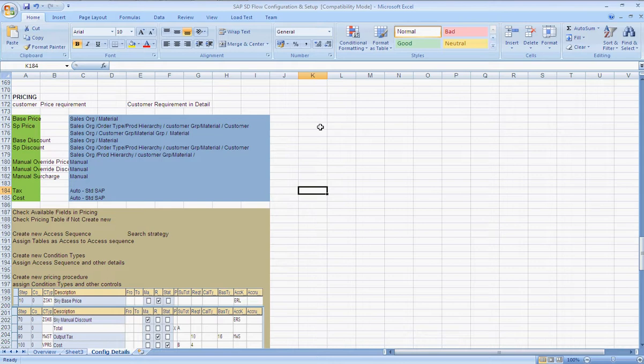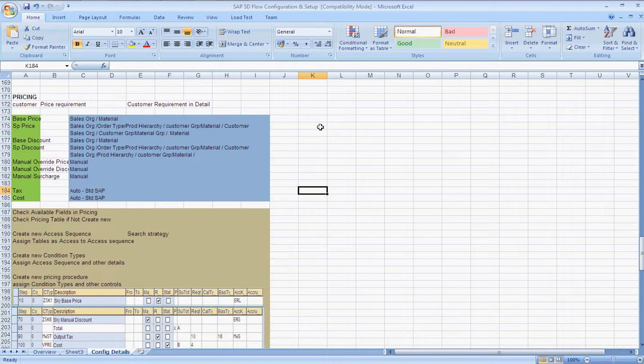How does a document or your business transaction determine a base price? Then they will come out with details saying that base price is based upon a sales organization and material. Special price is a combination of sales org, business transaction, product hierarchy, material group, customer group, material, and customer.